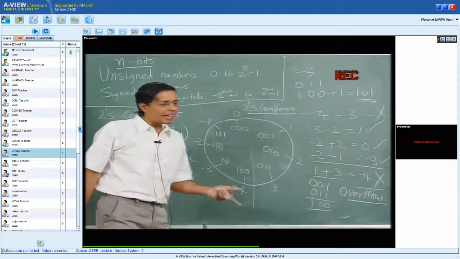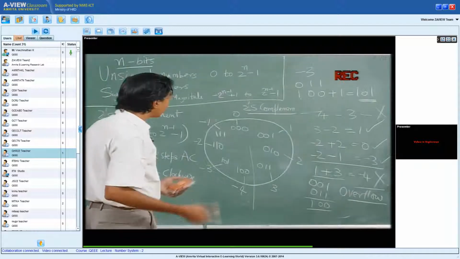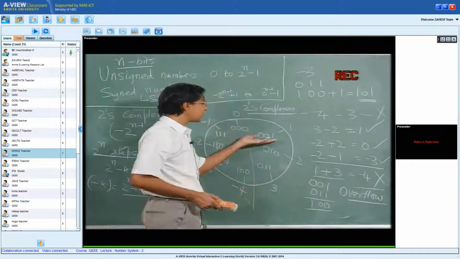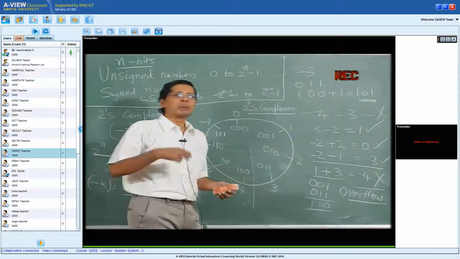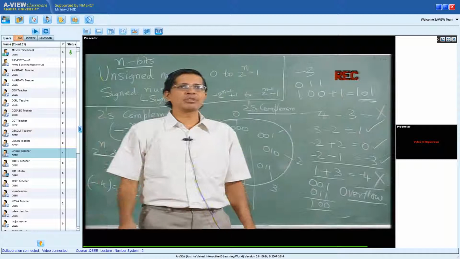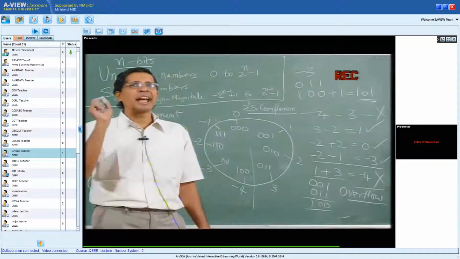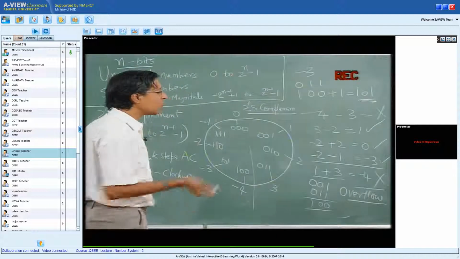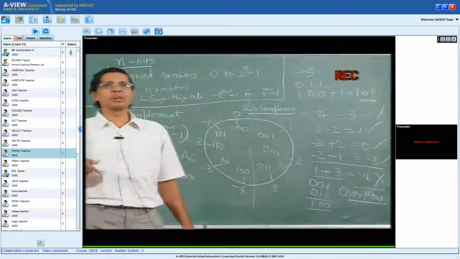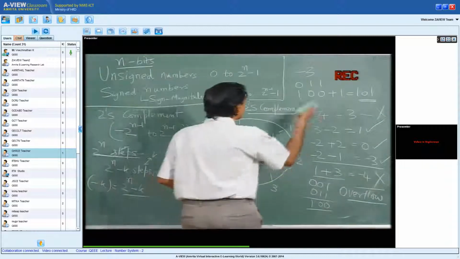How do you realize the 2's complement representation of a number? If it is a positive number, it is just that positive number itself. If I want plus 1, it is just 0 0 1. But if it is negative, you take the binary representation of the magnitude, complement every bit, and then add 1 to that. Just complementing every bit is called 1's complement, to which I am adding 1 more, so it essentially becomes 2's complement. Okay. So why does this work?